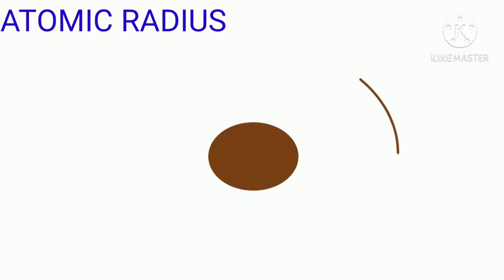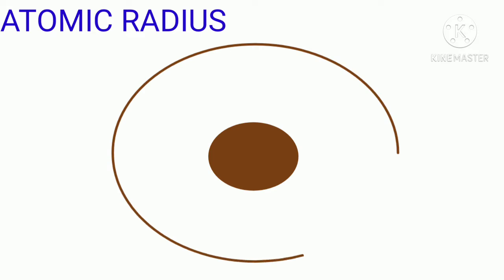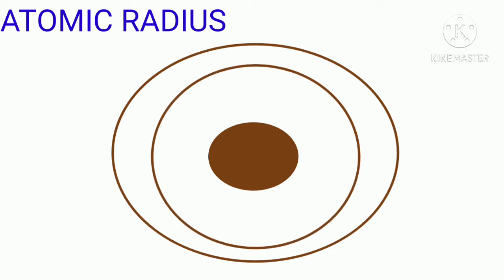That is the nucleus. Inside the nucleus are protons and neutrons. That is the outer shell. The outer shell's electrons revolve around the nucleus, and another one is the inner shell. Atomic radius is simply defined as the distance between the center of the nucleus and the outermost electrons. That is called atomic radius. The hand indicates the atomic radius. That is the distance between the center of the nucleus and the outermost electrons, that is, the valence electrons.